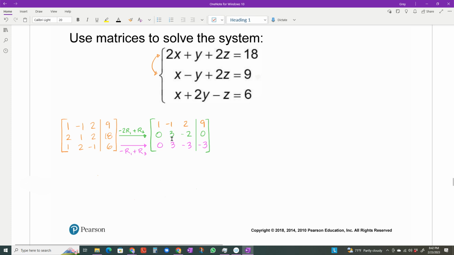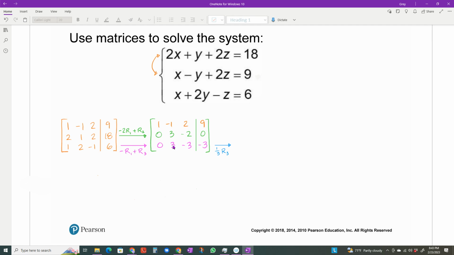Now I want to get a 1 here. But I actually see that this right here, y'all, and this is something that just takes practice, okay? You could divide everything by 3 and have a 1, but then you're going to have fractions, and I don't really want fractions. So I see that I could divide this row by 3. So I'm going to go do that. When I divide this row by 3,